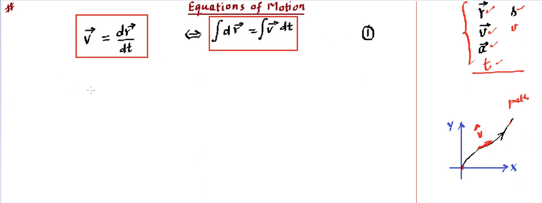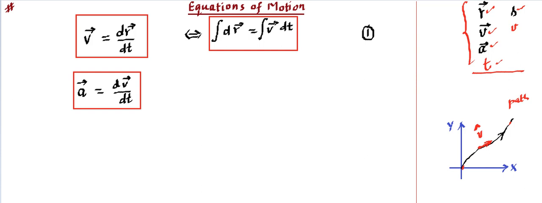Let's come to the second definition. We had acceleration, and acceleration is defined as the rate of change of velocity. So that becomes another equation of motion. We can call it the second equation of motion, that basically links velocity, time and acceleration together. That means if the velocity is known to us, we can differentiate it and we can find acceleration. When I say velocity, I mean instantaneous velocity, and when I say acceleration, I mean instantaneous acceleration. So we can get instantaneous relations between a, v and t like this.